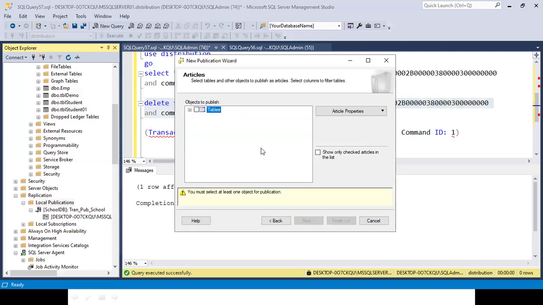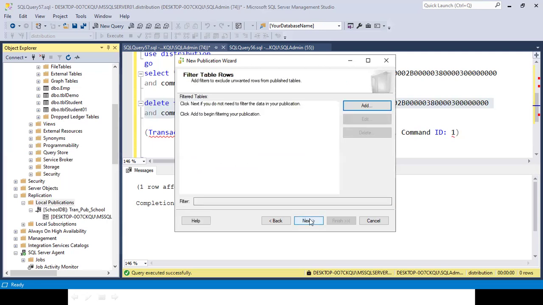Let's suppose we have a transaction table and a master table. The master table is not creating any problem. So create a separate publication for master and a separate one for the transaction table. Let's suppose one table is very important for us and every time we are facing a lot of issues. If we reinitialize all the snapshots, it will take more time. But if you created it separately, you can reinitialize only that one.